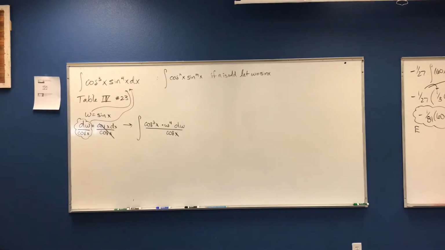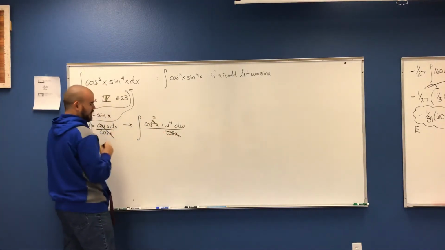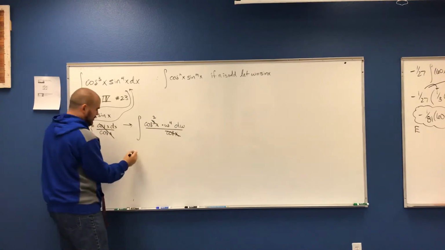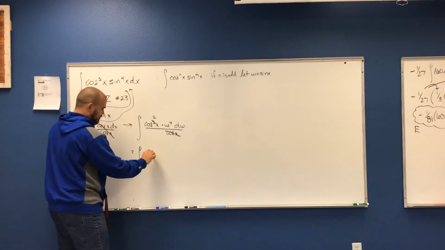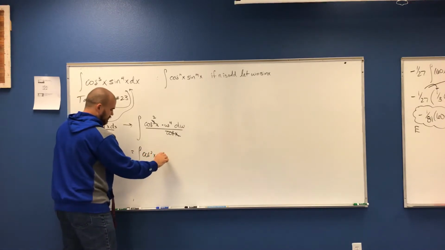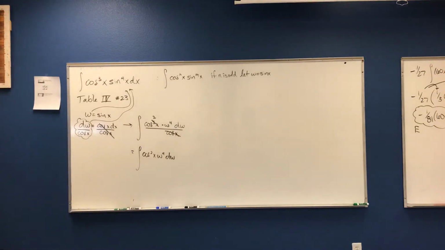And part of the issue that we run into is we still have some x's in there, but luckily we can take the single cosine of x and cancel out with one of those cosines of x's. So that'll leave us with the integral of cosine squared x times w to the fourth dw. Now we still have this issue of having x's in there, but what should become recognizable to us eventually is that